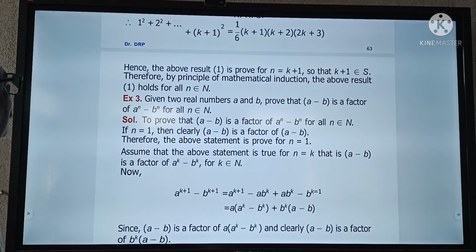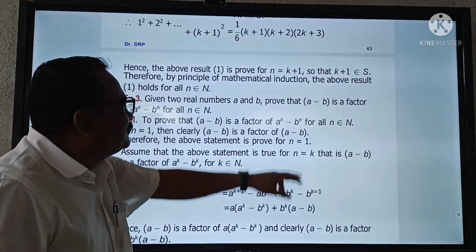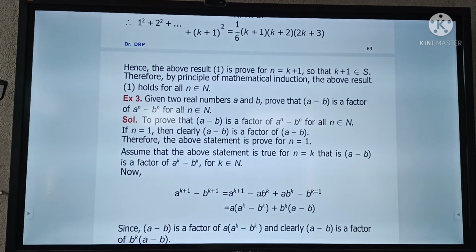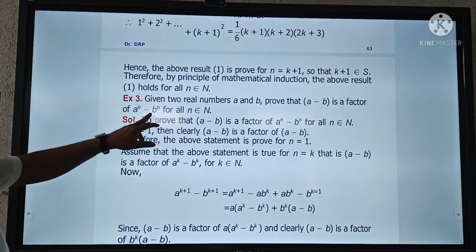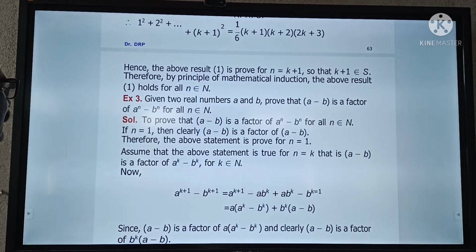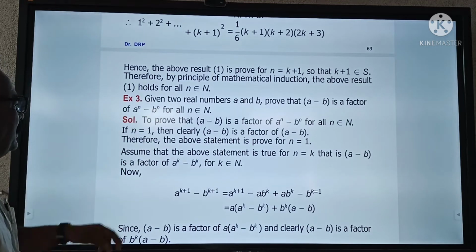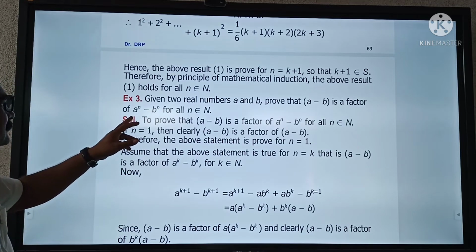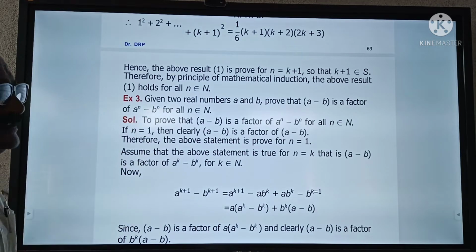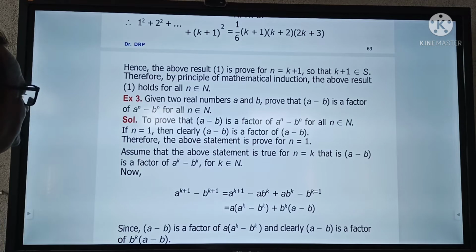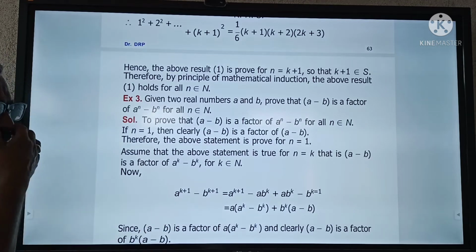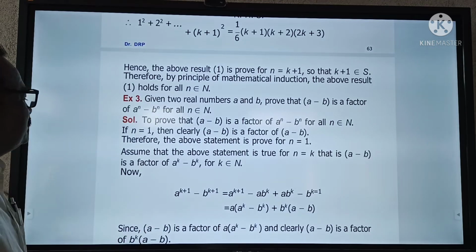Given two real numbers a and b, prove that a minus b is a divisor of a raised to n minus b raised to n for all n belongs to N. That is, we have to prove a minus b divides a raised to n minus b raised to n. So factorize, meaning we can divide it. To prove this one,